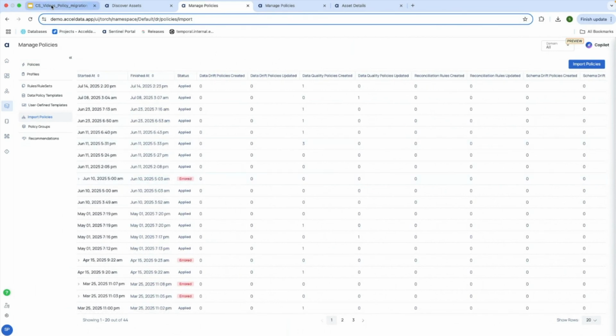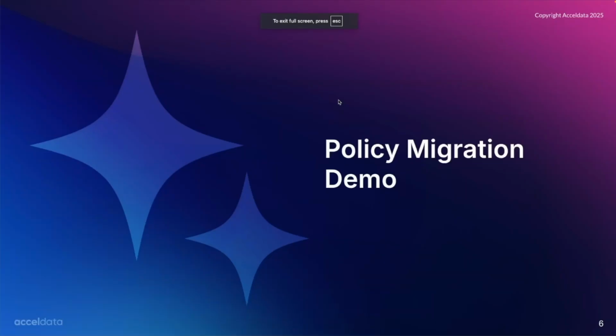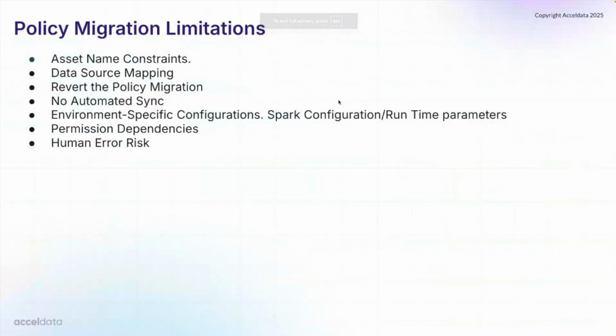Let's go back to the slide. So let's discuss the common FAQs that we usually get as part of the data quality policy migration process, or what are the limitations with regard to this policy migration approach. The first limitation is the asset name constraint, where the